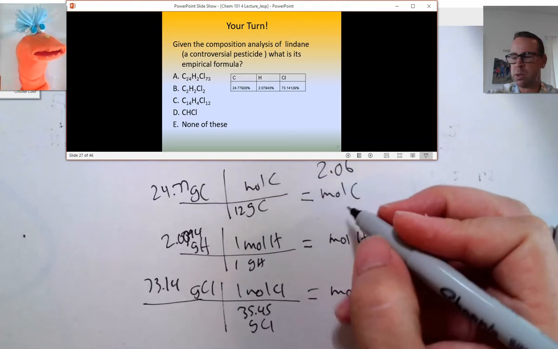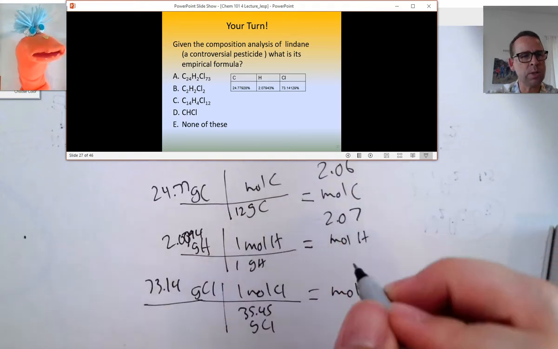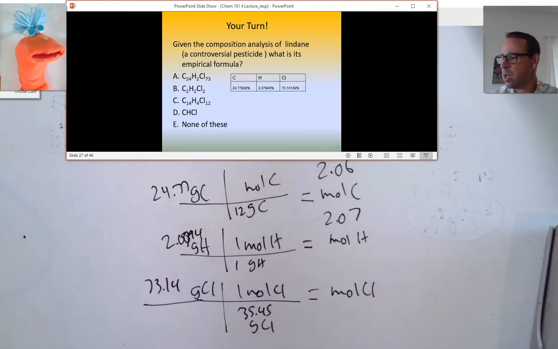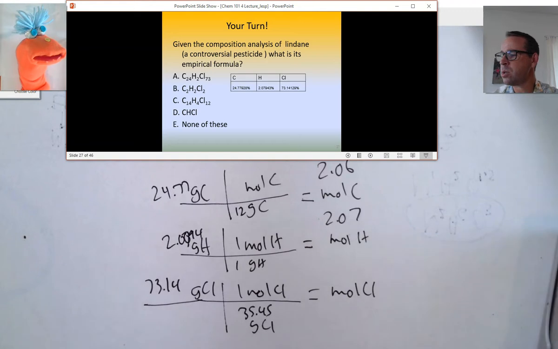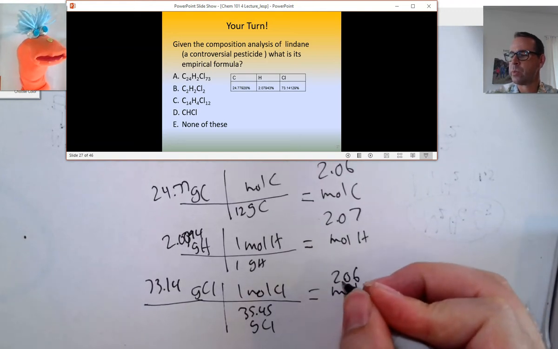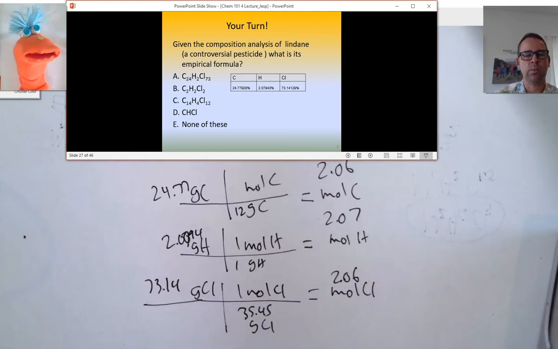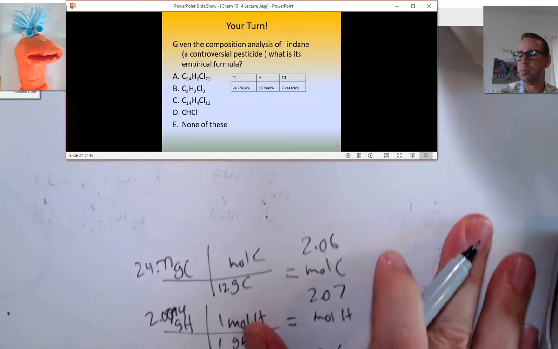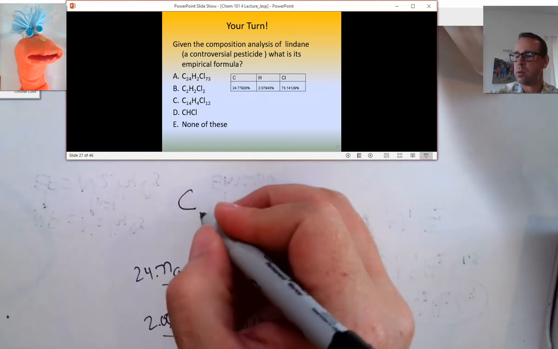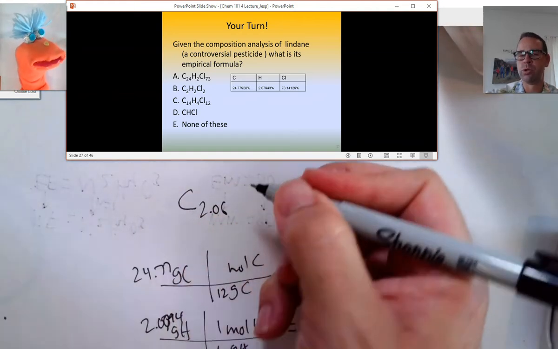And this one is also 2.07, pretty close. And if I do 73.14 divided by 35.45, 2.06. So now I can take this carbon here, 2.06. It's just